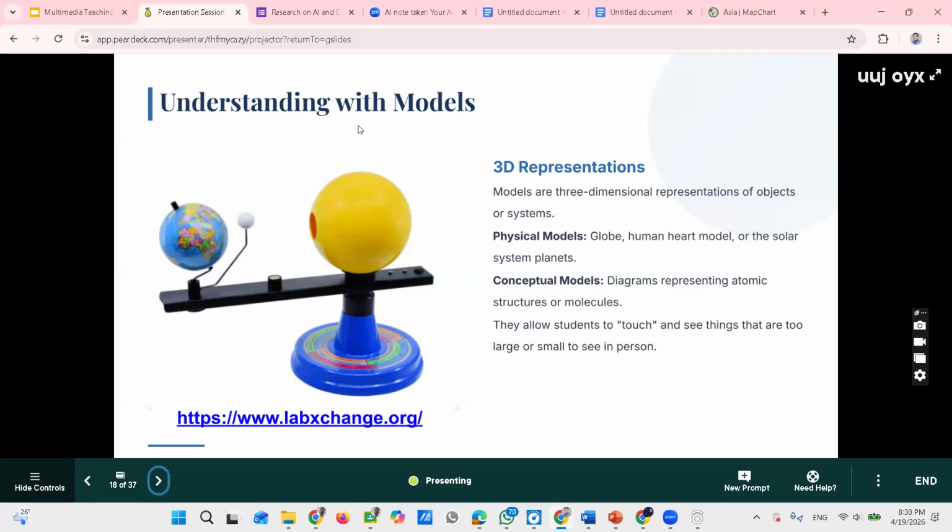Under 3D representation, look at the sentence. Models are a three-dimensional representation of an object or system. That gives some idea about what a model is. There are two types of model here: the physical model and the conceptual model. The physical models are the globe, human heart model, or solar system panel. These are